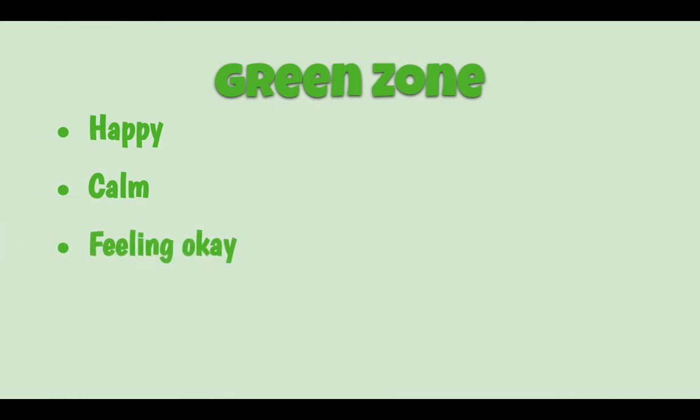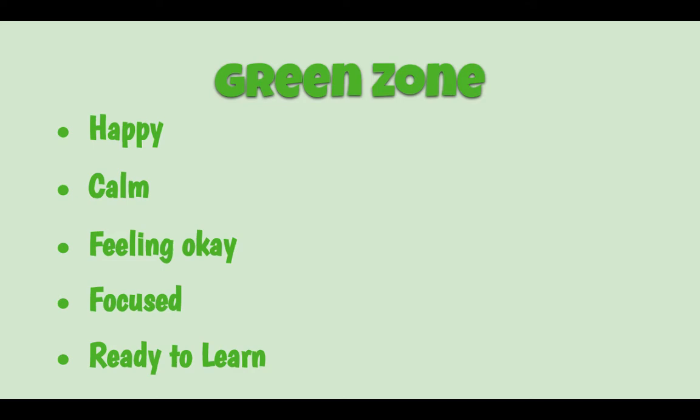Next, we have our green zone, and our green zone is our ideal zone. So this is the zone we want to be in. So with our green zone, we are happy, we're calm, we're feeling okay, we're focused, and we're ready to learn. So the green zone is the ideal zone where you want to be every day, ideally, but we know that